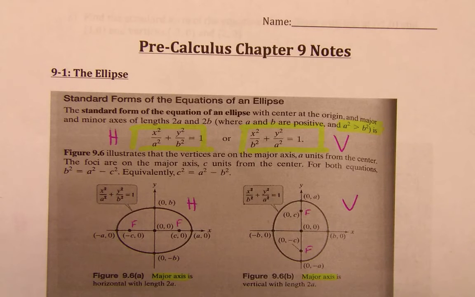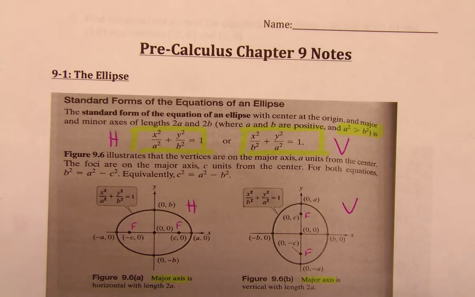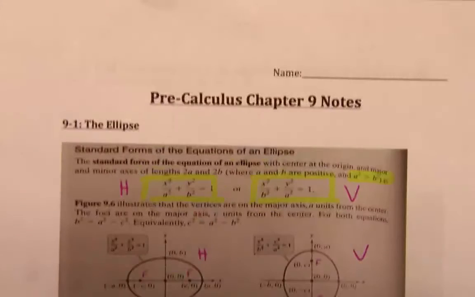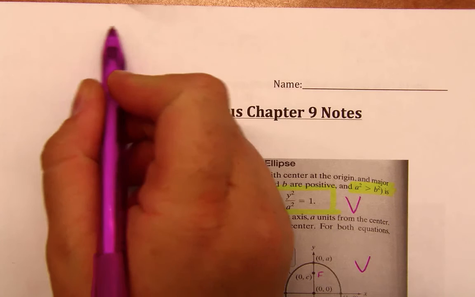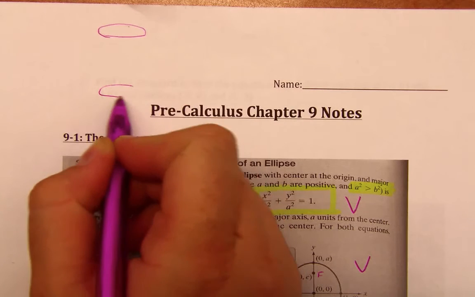All right, so this is the beginning of Chapter 9, Section 1, and in this chapter we are talking about conic sections. And what that really is, is taking a look at an ellipse and a hyperbola, a circle, and a parabola. Now, we're going to draw a picture here really quickly, and conic sections are if we have a double